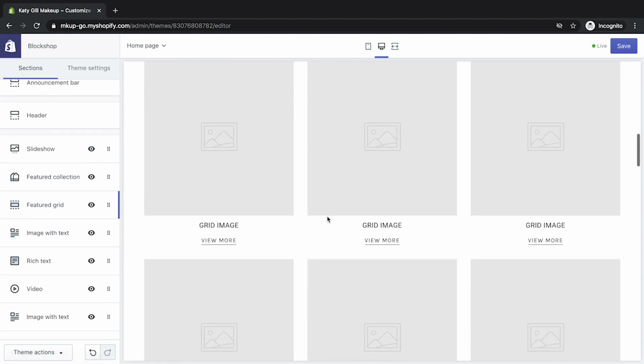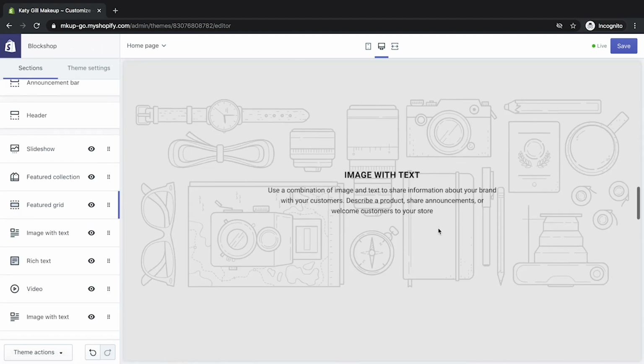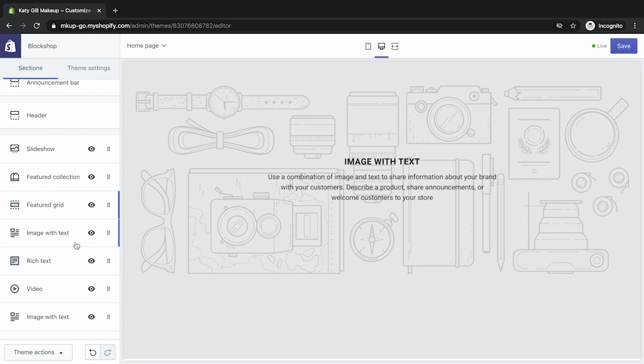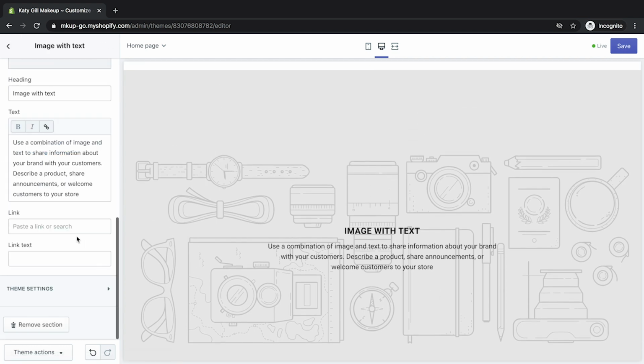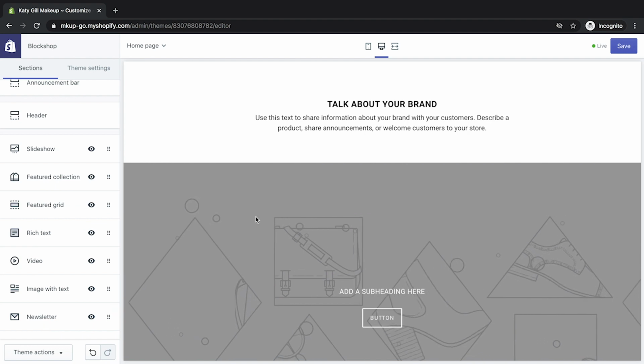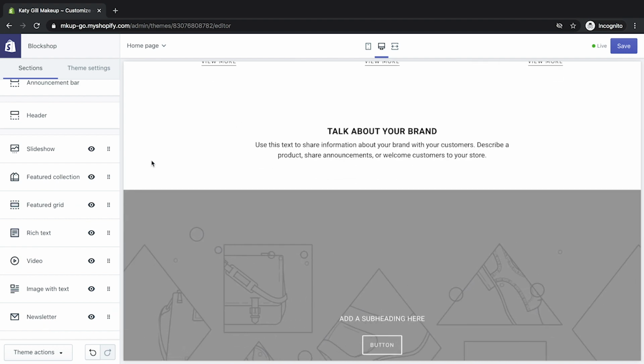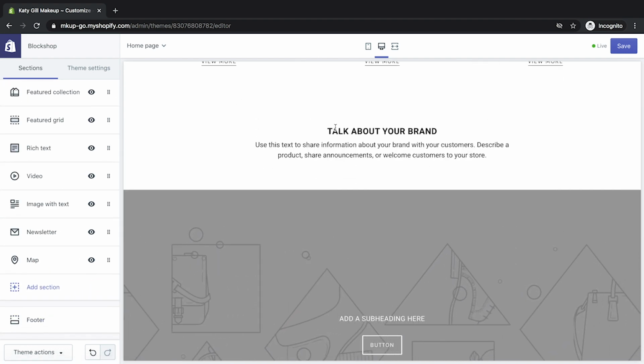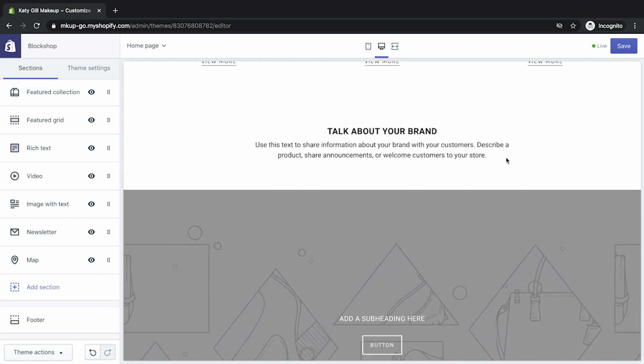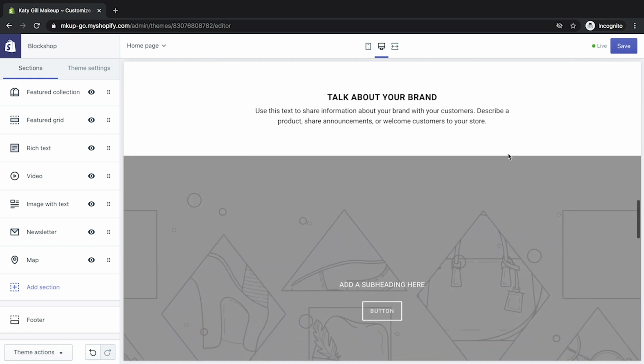Okay, so we've got the featured grid, which we use for our landing pages. Image with text, let's get rid of this one because we're going to use a slider, so we don't want too much on there. We'll move that thing there. Talk about your brand, I think we will do. There'll probably be a brief part there as per what the site might do. We may get rid of it, we'll have a look there.